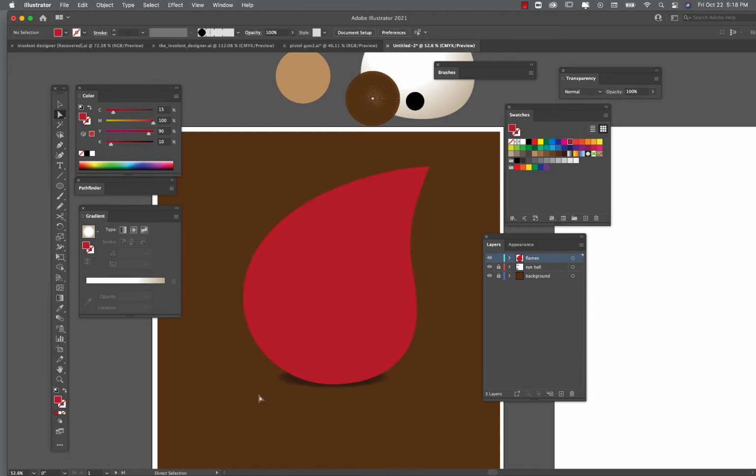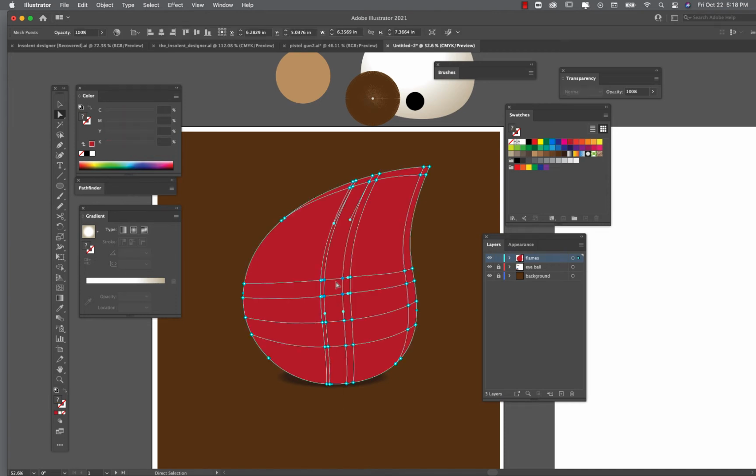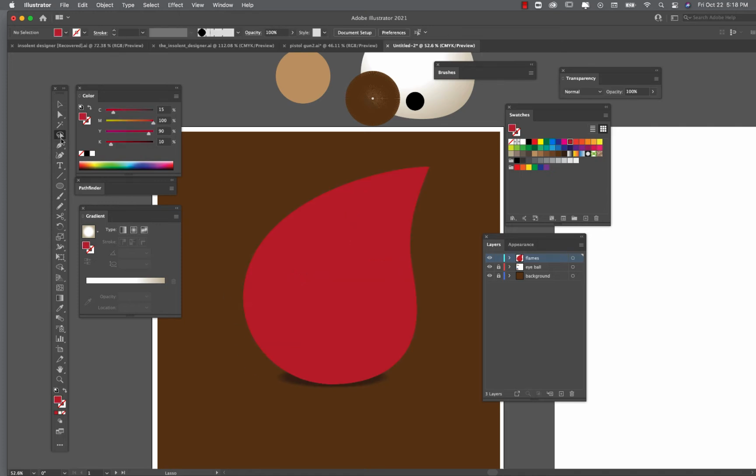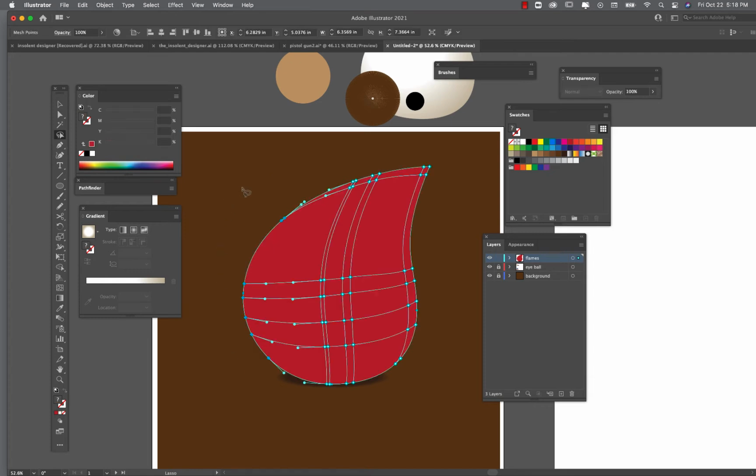Now there's several ways you can do what I'm about to do. I'm going to use the opacity function. Some people use blends, and I'll explain what that's all about. So I'm going to select this, and I'm going to make all the outside edges of this flame transparent. So what you just saw me do was grab the lasso tool and highlight the outside edge of this,